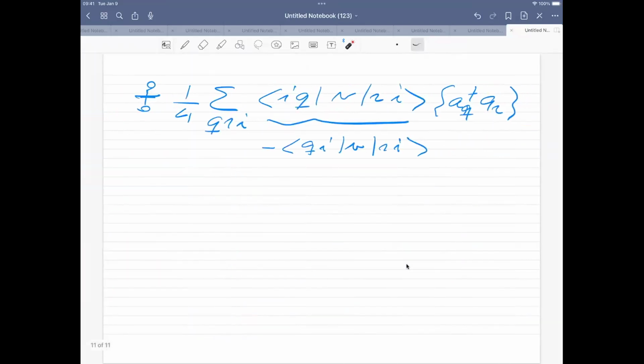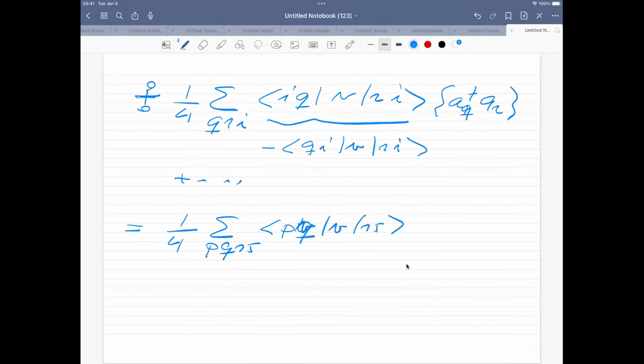So when I sum up everything, I'm just going to put dots here. When we sum up everything, this will just give us 1 divided by 4, sum over PQRS, of P Q of V R S, and then we have a normal ordered string of operators. And later we are going to drop this normal ordering here,